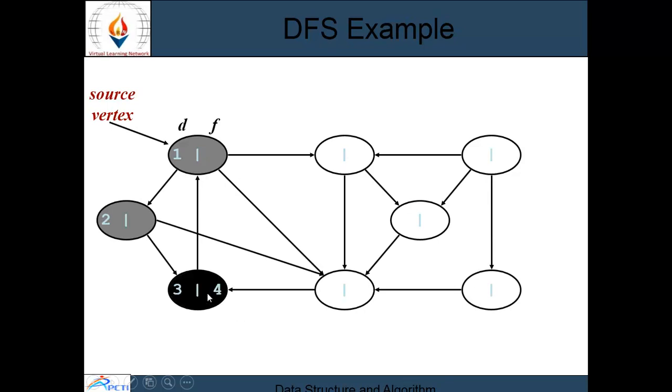Now, you can see it is colored with black. Why? Because this node means after reaching this node, there is no depth of this node remaining left, which is to be searched next. Means हमने first node से start करा, first के बाद हमने second को discover करा, which is at the depth of the first node. Second के बाद हमने third node को visit करा, which is at the depth of second node.